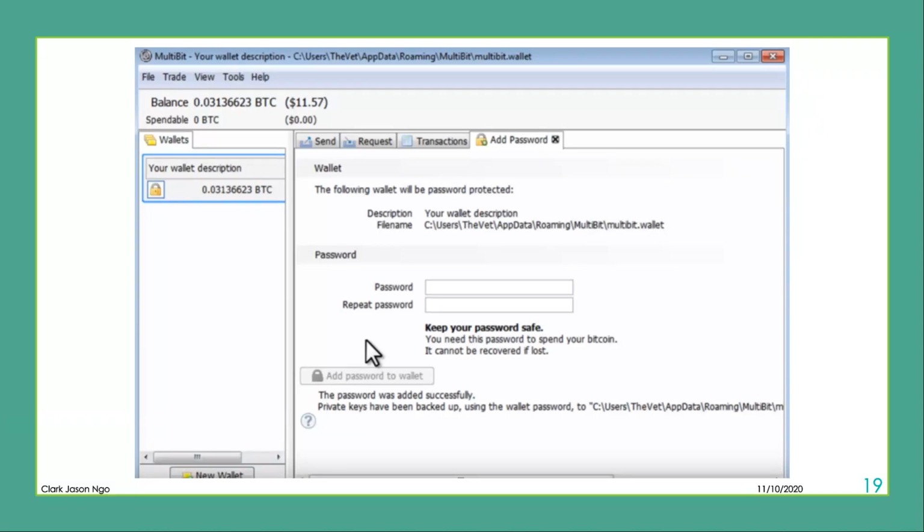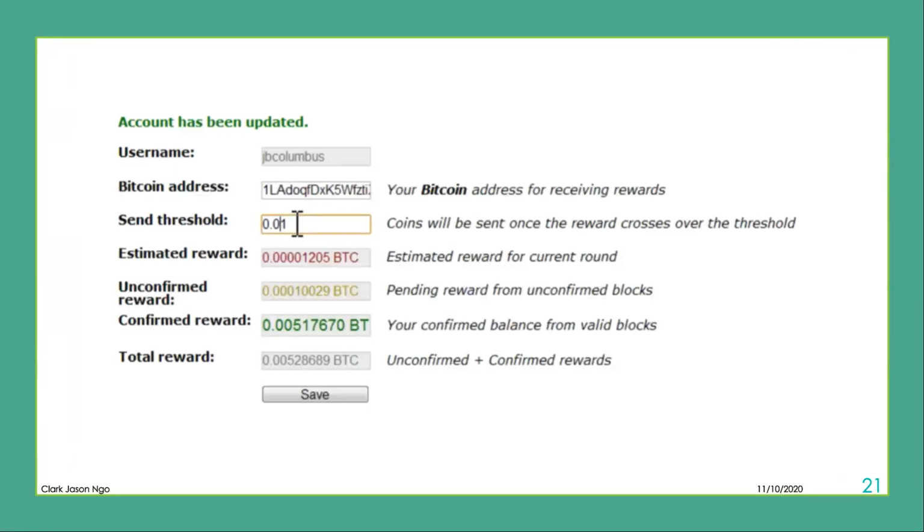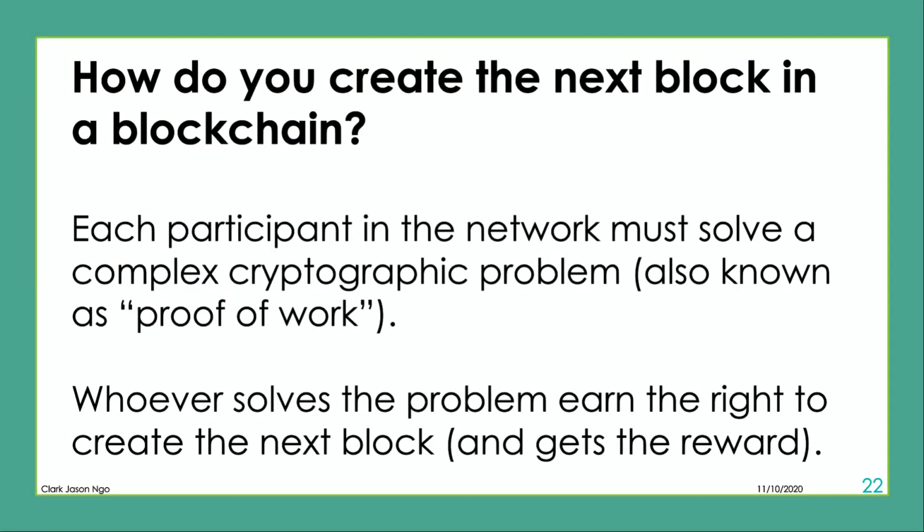This is just an example of an application where you can see the amount of Bitcoin you got from mining. We can skip this. This is just an interface where you can start mining and using your computer as a miner. Skip this as well. This is just a count.